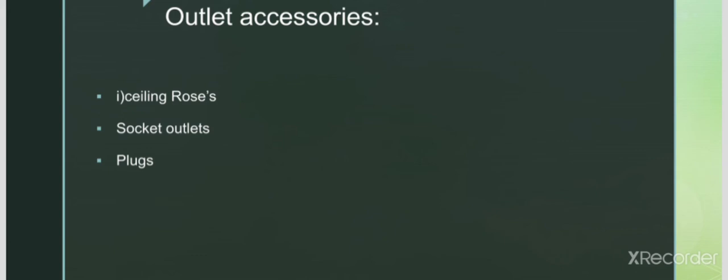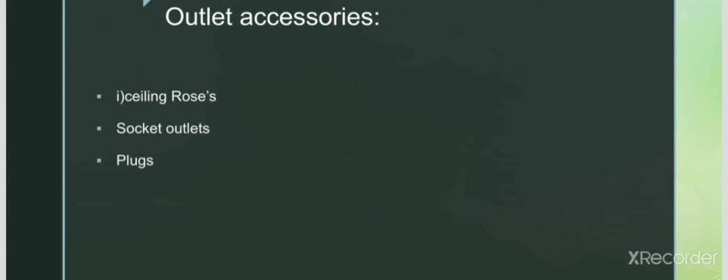The 2-pin plug is used to take the supply from 2-pin sockets, and it consists of 2 pins made up of brass, and they can be rated as 5 amperes 250 volts. Coming to the 3-pin plugs, it is used to take the supply from the 3-pin socket and consists of 3 pins made up of brass, and two pins are smaller and of the same size, and the third pin is bigger, why, because it is an earth pin.